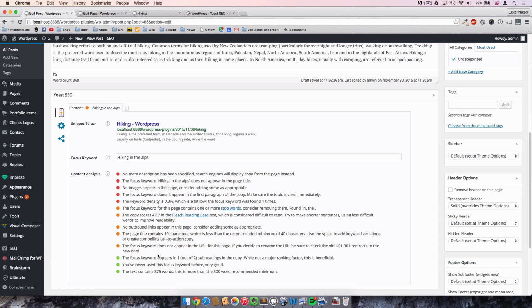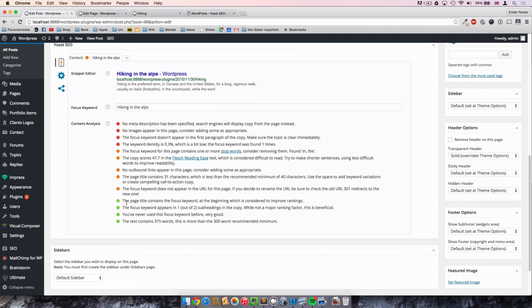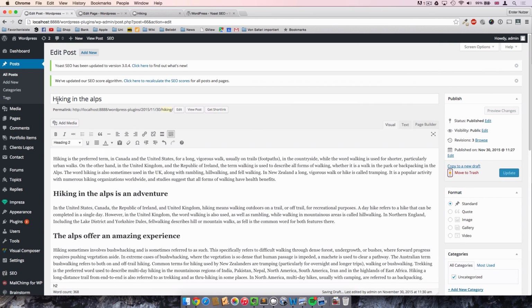So these were some content-wise criteria here. Let's now for a moment take care of this snippet editor and also of the title. So let's just quickly change the overall blog article title to hiking in the Alps. And that would change already another circle to green. The page title contains the focus keyword at the beginning, which is considered to improve rankings. So not only should the page title contain the focus keyword, but in the best case, it also appears in the beginning. So another very cool and easy thing to do is to just change the URL,